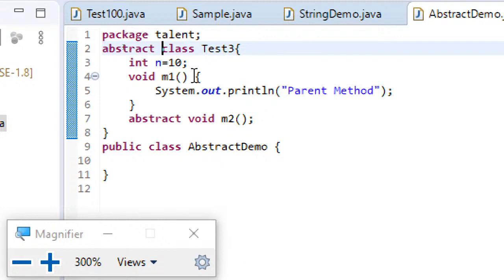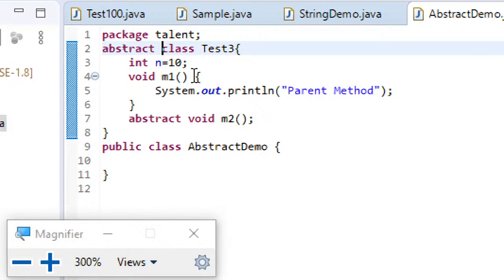You cannot call that method anyway since it doesn't contain any body. So that is the reason you cannot create an object of an abstract class. This is an important point, underline it.